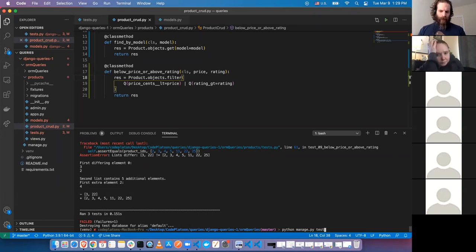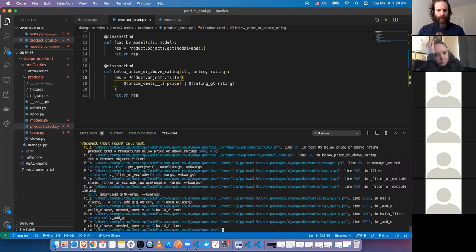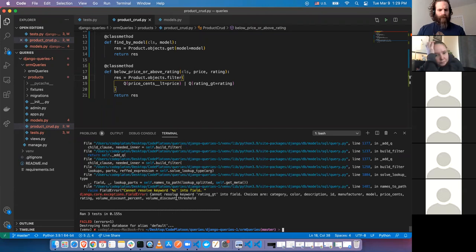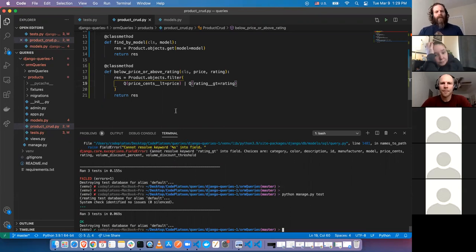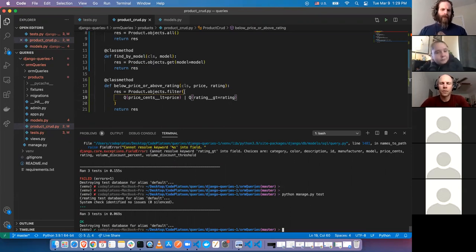Doesn't really look like SQL to me, but oh, I need two underscores, it looks like. Okay, so that works. So it looks like we can make complicated filter expressions. We can pass a whole bunch of these things. We can control if it's greater than, less than, starts with, there's all kinds of things, and we can connect